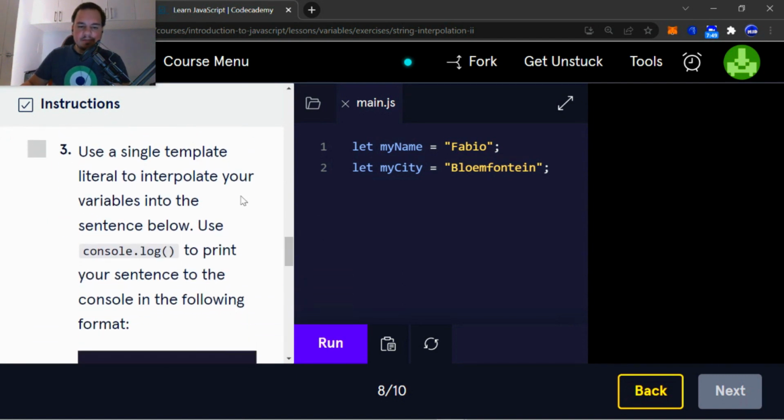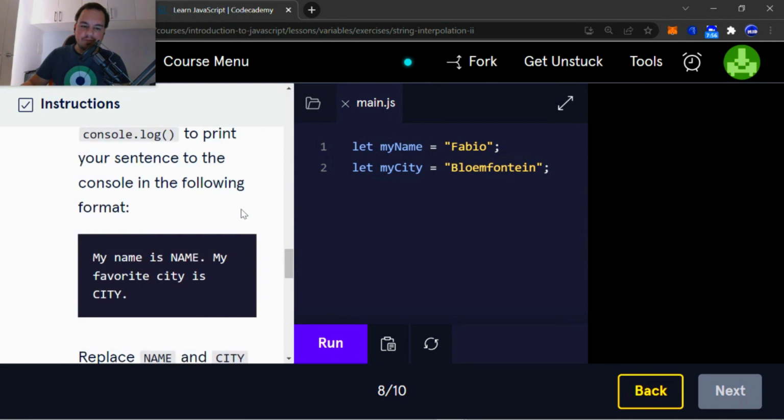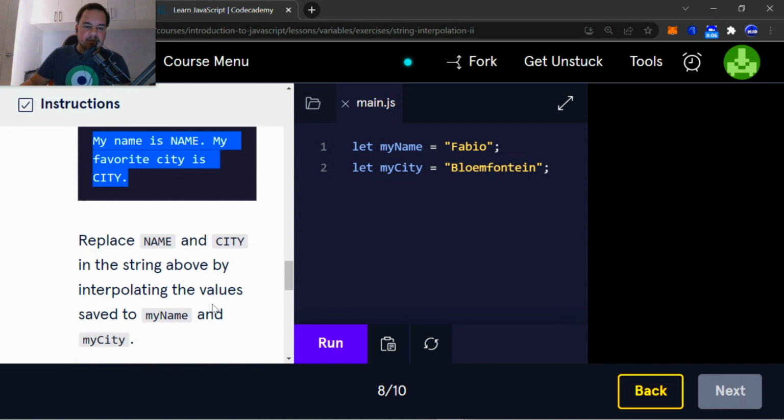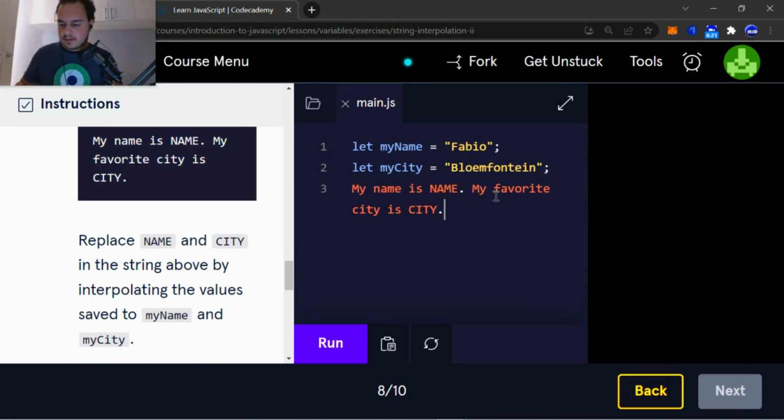So use a single template literal to interpolate your variables into the sentence below. Use console.log to print your sentence to the console in the following format. Right, so I'm going to take this: my name is name, and my favorite city is city. Replace name and city in the string above by interpolating the values saved to myName and myCity. So we're going to do this all in one. Right there, I just copied and pasted console.log,